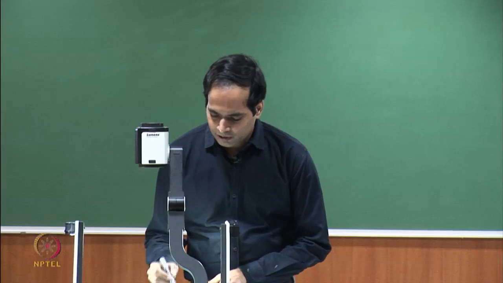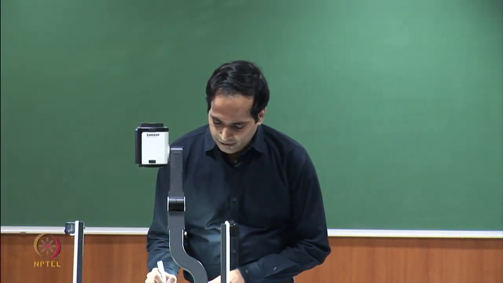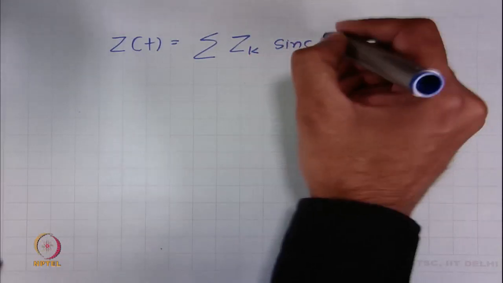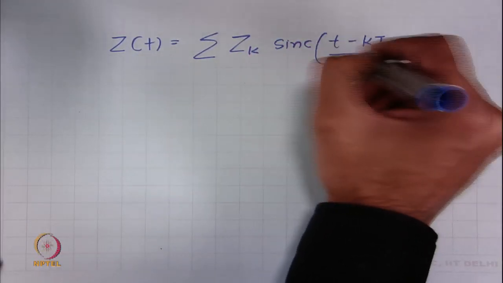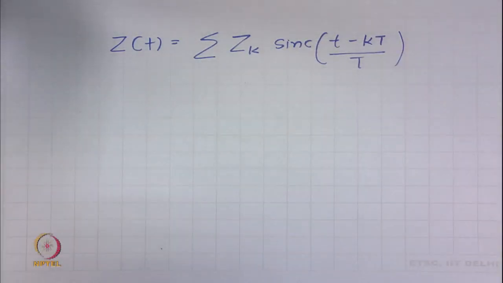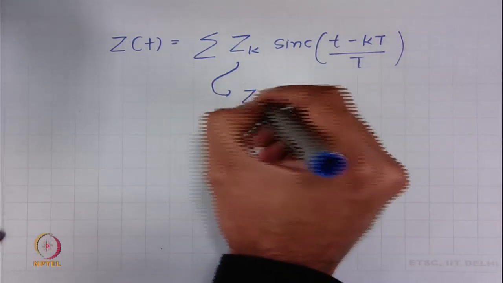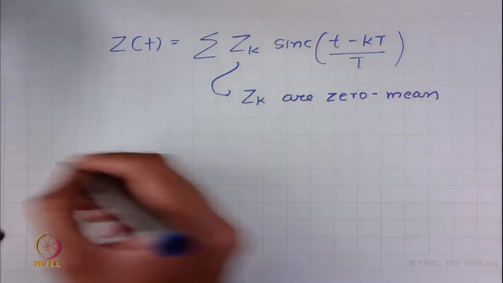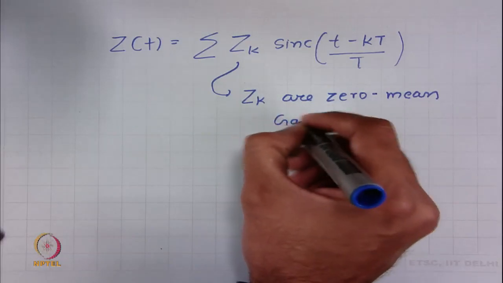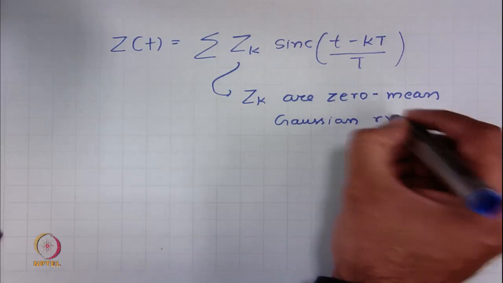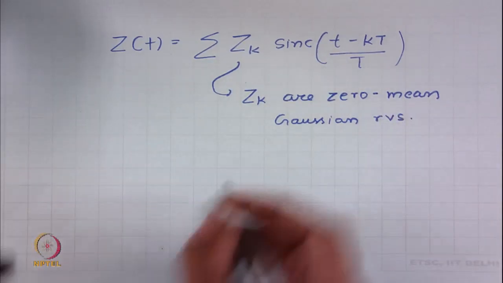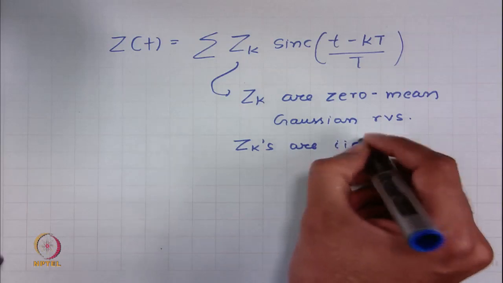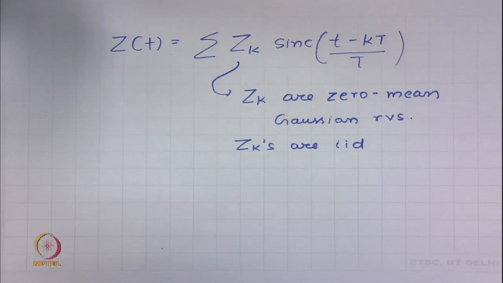That idea was so strong. So, let us assume that now I have a random process which is again expressed in terms of sinc functions. We have seen a similar example in the last lecture, but now these zk's are 0 mean Gaussian random variables, and let us also assume them to be statistically independent of each other. So, zk's, let us say they are IID,